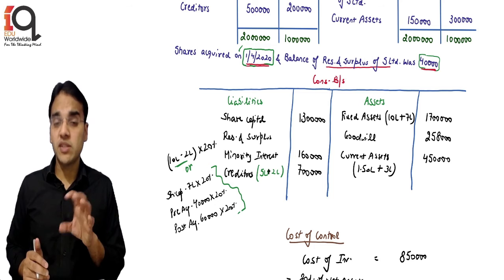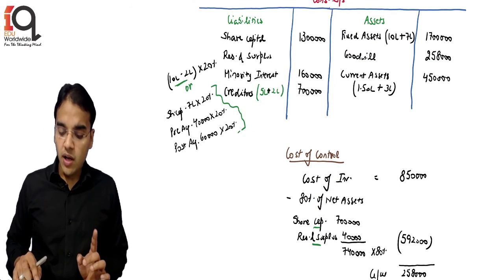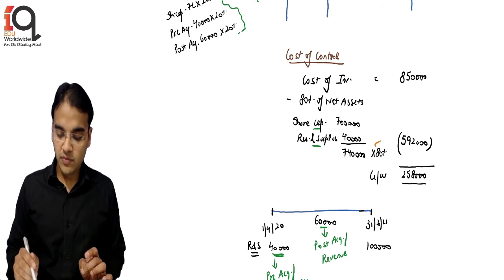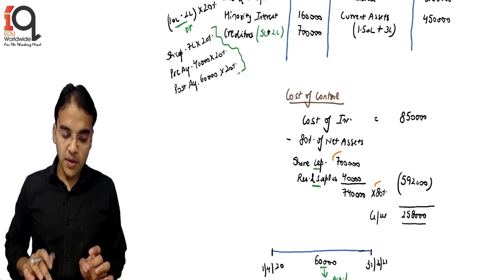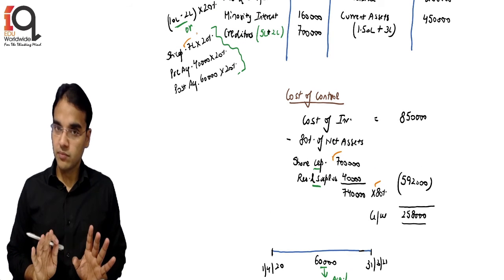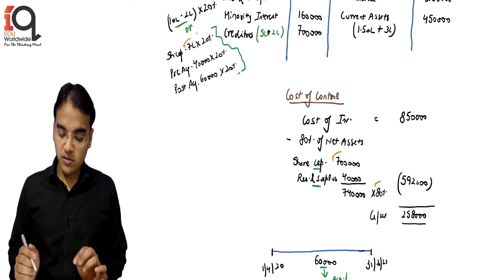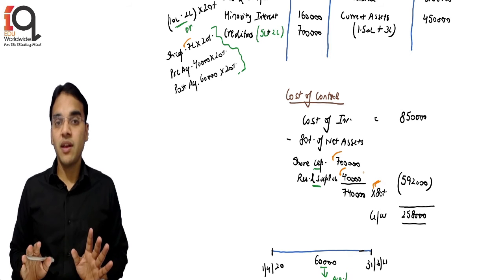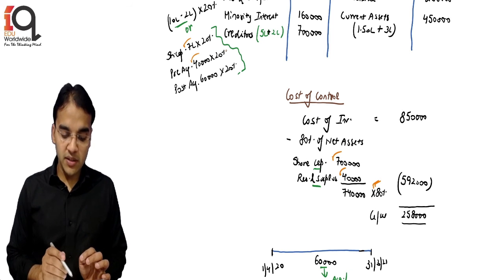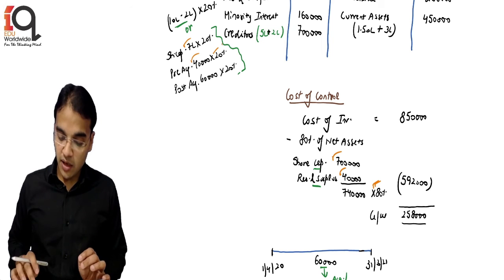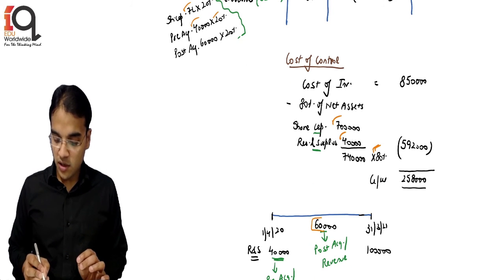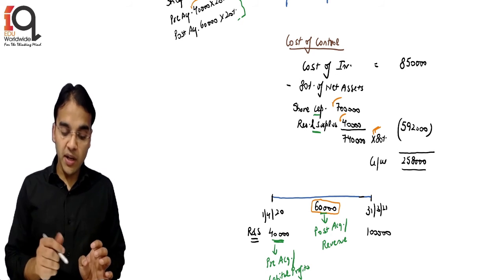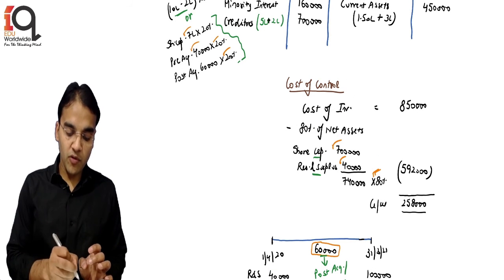Now we need to find out the value of reserve and surplus. If you will see, student, our share capital 80% portion is considered here, okay, and 20% portion is considered in minority interest. That is right. For our pre-profits, that is the profits on the date of acquisition of 40,000, 80% is considered here and 20% is considered in minority interest. The remaining 60,000 profits which we earned after the date of acquisition, which are known as the post profits or revenue profits, the 20% value is considered in your what value?